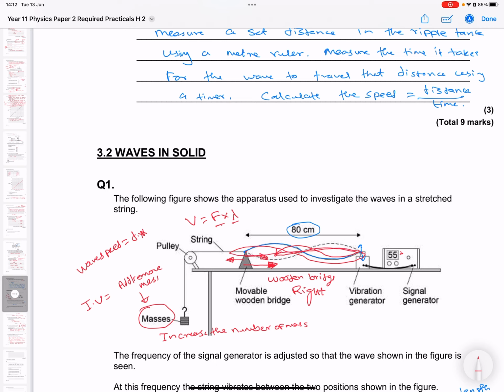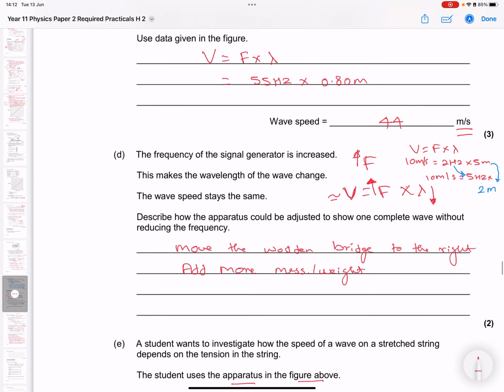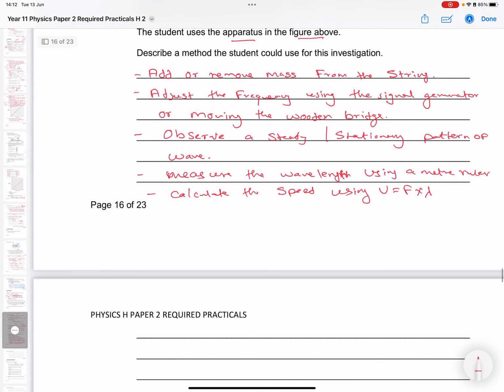Then you can measure the wavelength of the new standing wave, and you know the frequency from the signal generator,